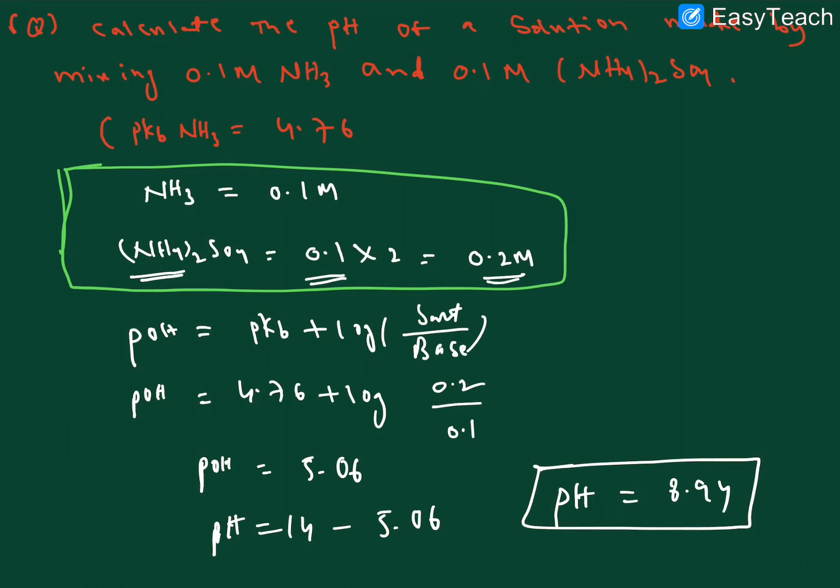So these are the model problems regarding buffer solutions, and there are more model problems. We will do some volume-related ones, for example, given base volume and concentration, and even the salt concentration. For example, if we have to make a buffer solution of pH 7 or 8, what volume is required? Volume-based questions are also there. By practicing, we will get all the questions. So I hope this topic is clear.